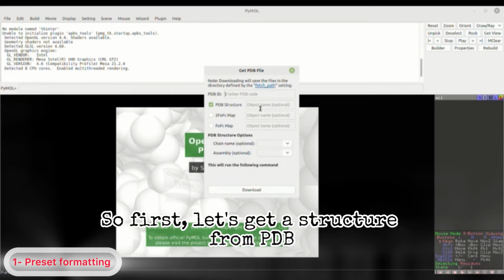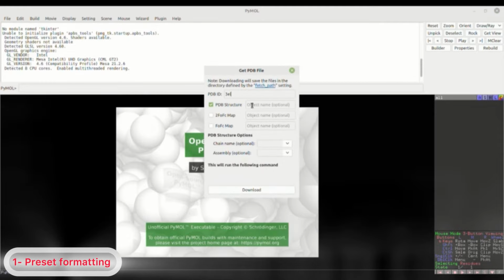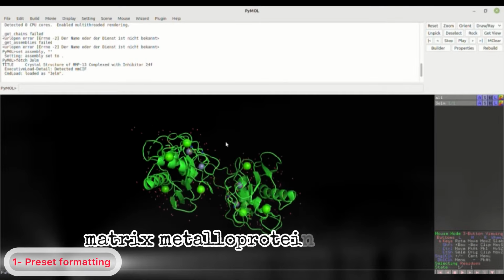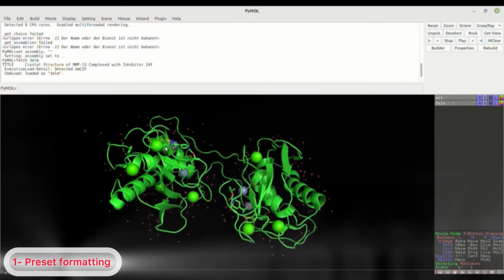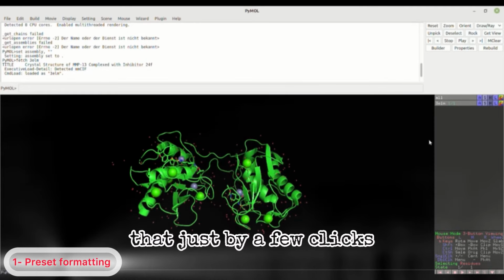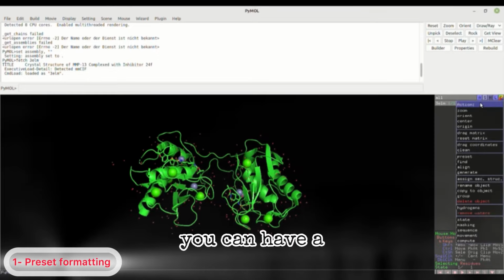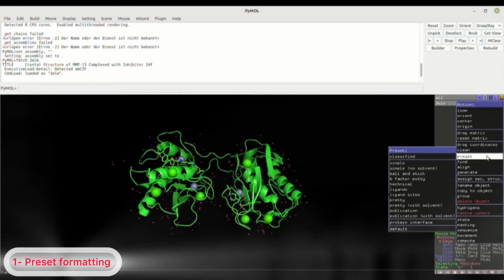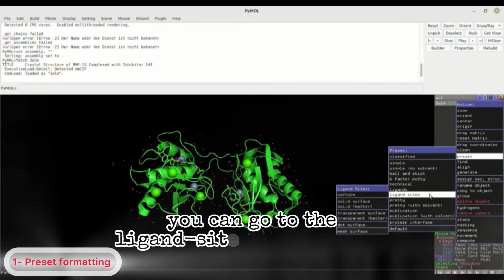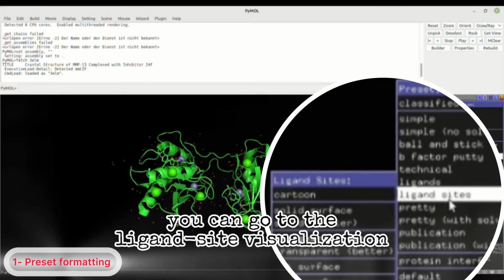Then search for PDB. Be sure that with just a few clicks, you can have a really nice presentation. So if you go to this menu and see the presentation, and then you can go to the ligand site